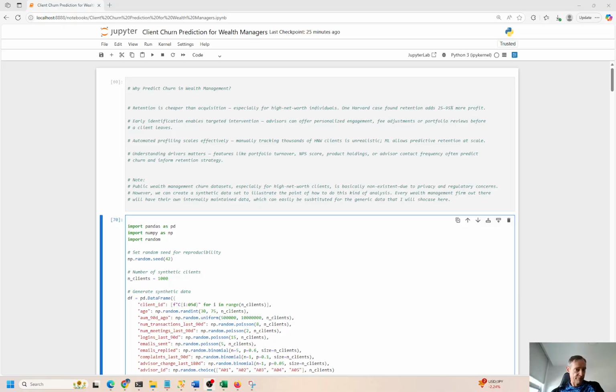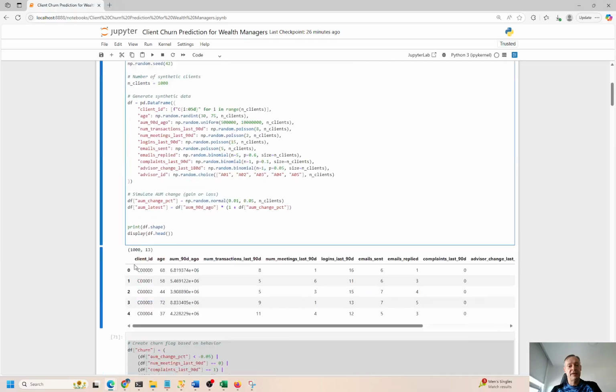So if you are a wealth manager, you have your own specific data that you can just plug into this model, into this process that I'm going to display here. Or if you have other clients, it doesn't have to be wealth management. That's what I know. That's what I did for most of my career, so I know how this stuff works. If you have other clients that you're trying to retain as a dentist, a lawyer, even a grocery retail seller or something like that, right? You can plug in your data and understand the methodologies here and understand how to take care of your clients better, how to keep them happy and keep them coming back. I'm just representing from a wealth management perspective how this could be done.